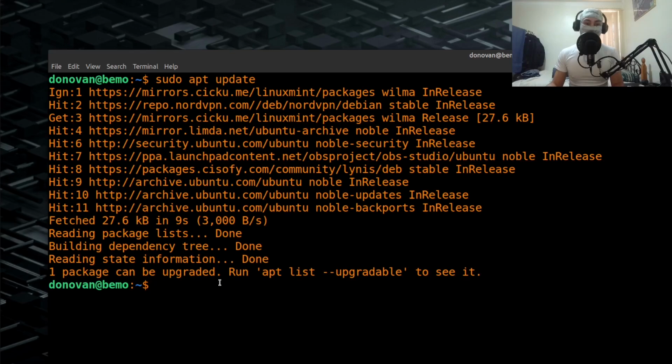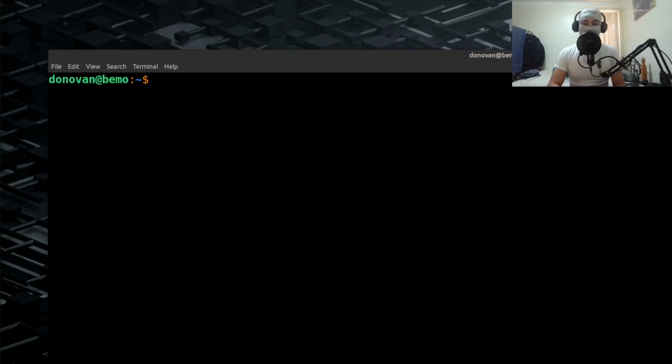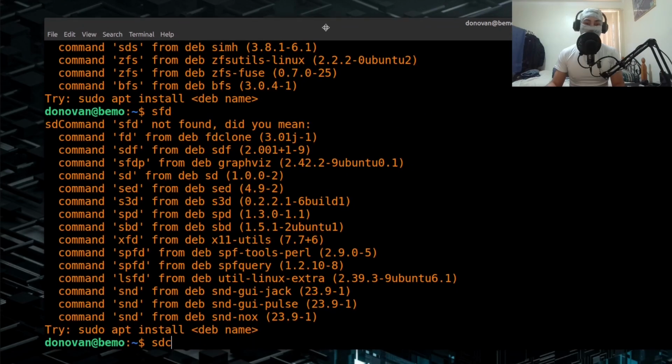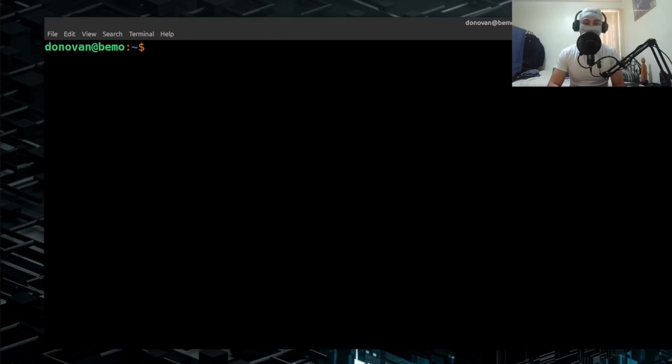I got an alias that reads C. So my bash prompt reads C as clear. So that's a nice way so you don't have to press, so instead of inputting clear, you can just use C, like the word C, not the language, because I'm not an old man. Anyway,